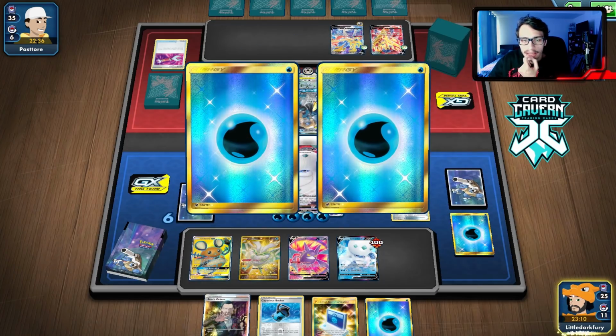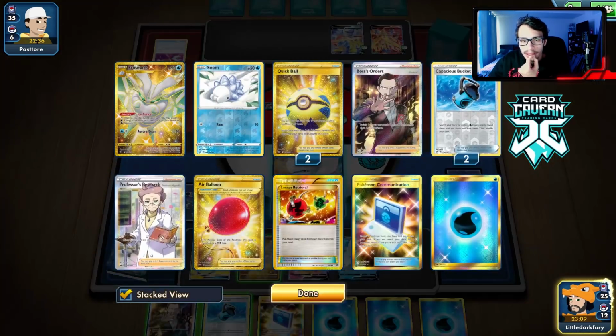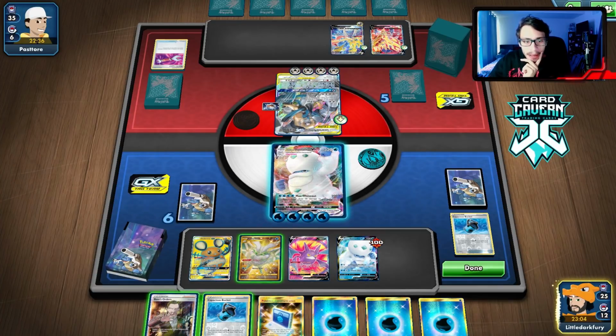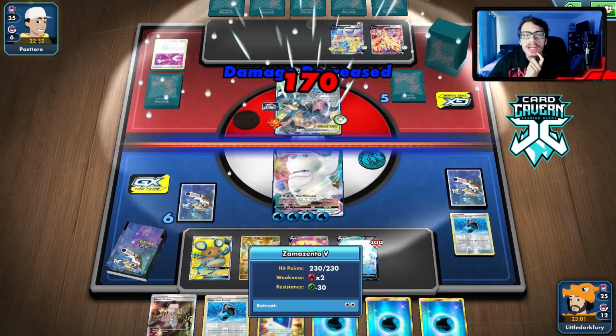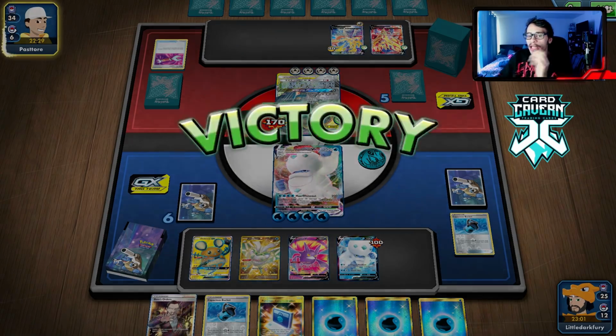If we boss this Zacian, they retreat. They'd have an energy in their hand. We can power up the other Darmanitan. We can hide behind a boss next turn. All right, let's just go for max whiteout. Get no damage on this thing, but this thing can get knocked out. If we can get another max whiteout off, if we can draw into...